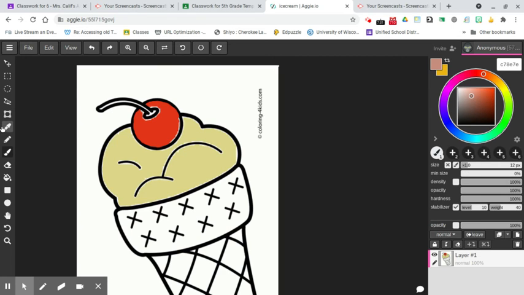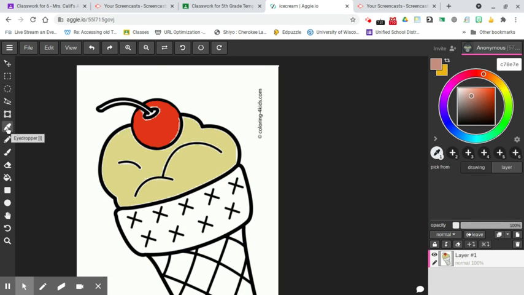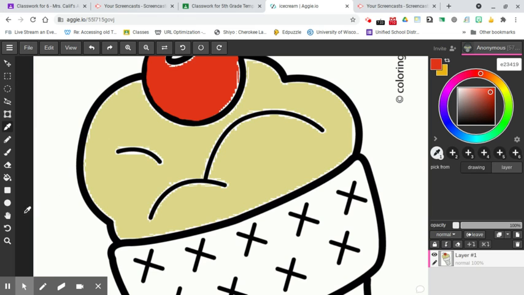Then we have the color drop. I have the color drop right now, and let's just say I put these colors in, and I want it to come back to the cherry. It would be hard to go and find the actual red that I used for the cherry. So if I choose the color drop, I can click here, and you notice it changed the color just by clicking there. Now I can take the paintbrush and paint in those white areas. So talking about that,